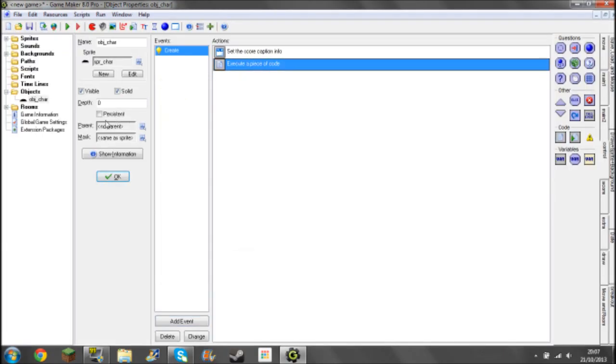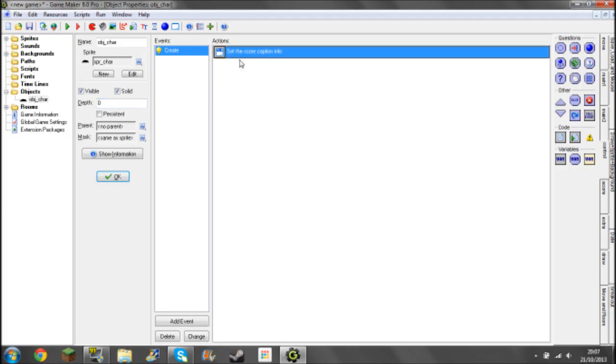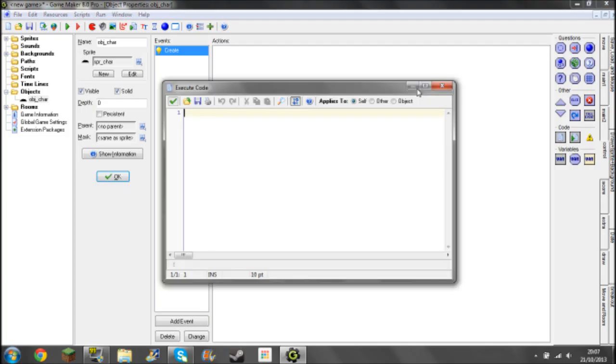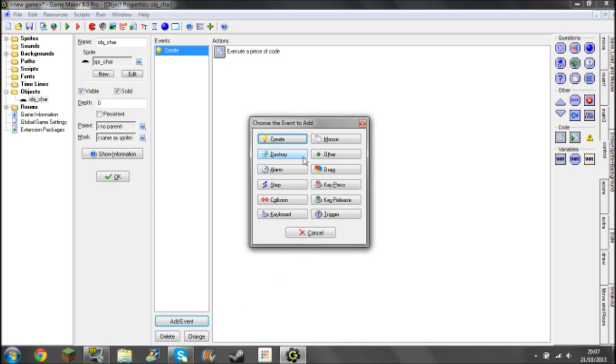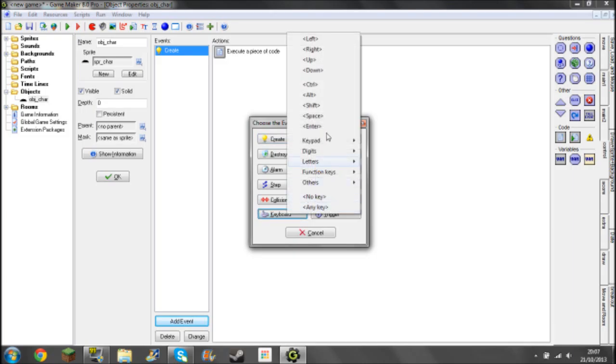Lives equals 3. Anyway, in fact, we won't do lives actually, because lives are too complicated. Just delete that. Do HP equals 3. In fact, put equals. Sorry about that. And then you create an event, add event, and then hit keyboard, and then